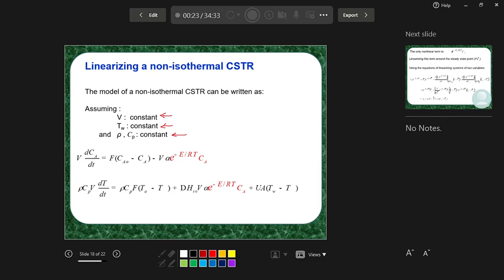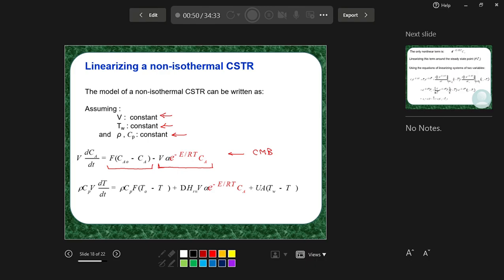So here we will be doing a component material balance. This is the amount of component A that is consumed by the reaction, and this is the difference between the input and output rates of mass A in